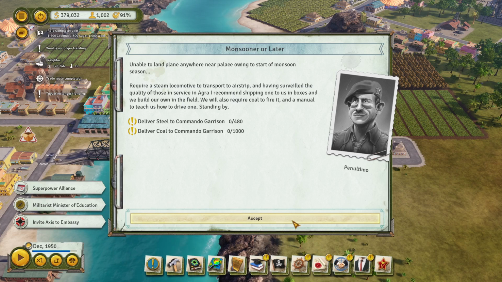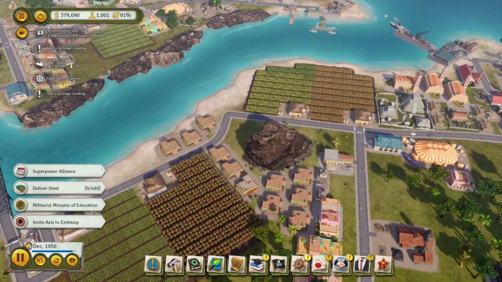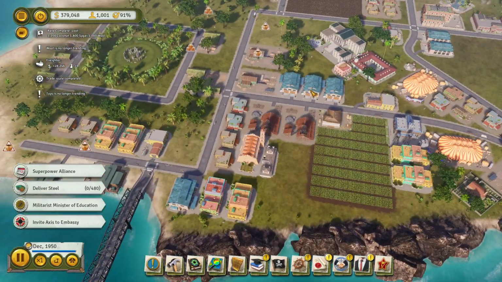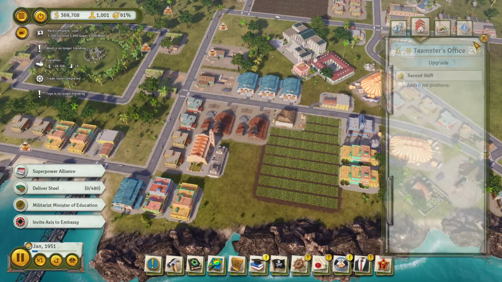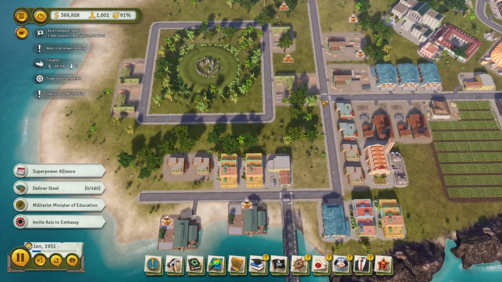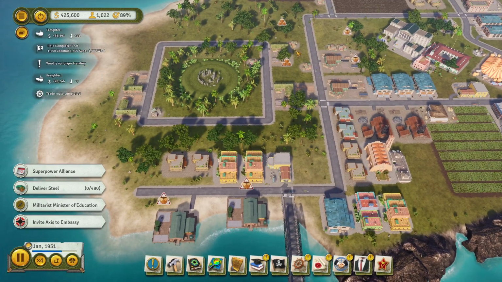Unable to land plane anywhere near palace owing to start of monsoon. Okay, so I have no choice here, so I have to deliver steel and coal. That's fine because I have excess of these anyway, so that won't take long. Alright, I added in 3 of these Teamsters. Let's speed up and see if that addresses my problem with...